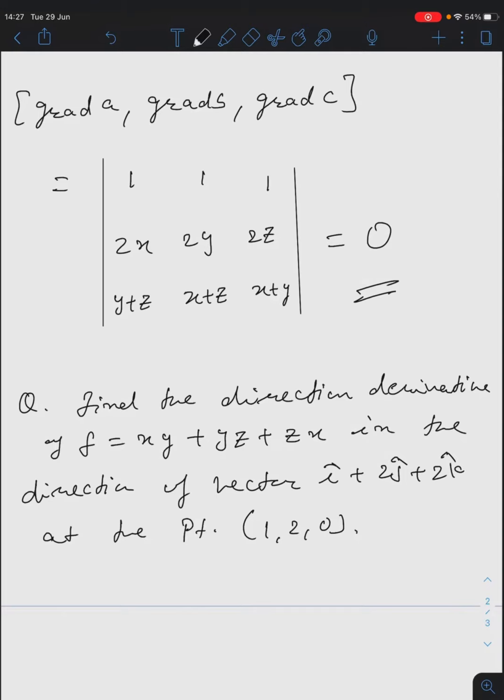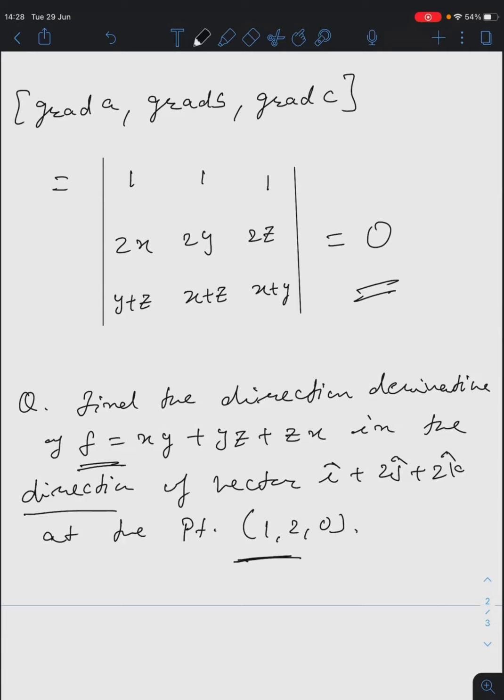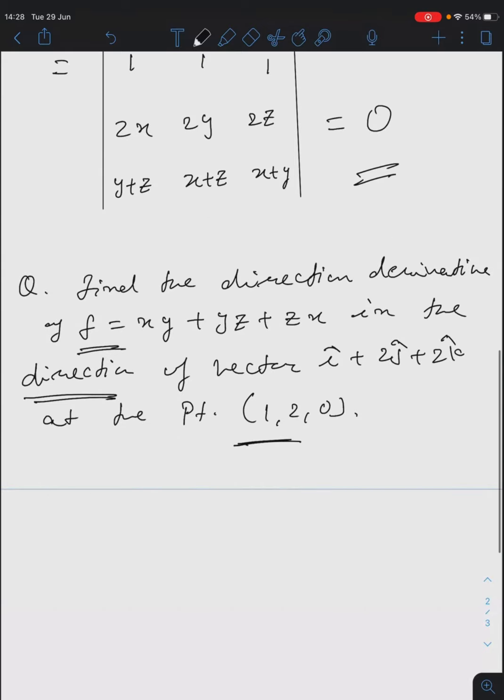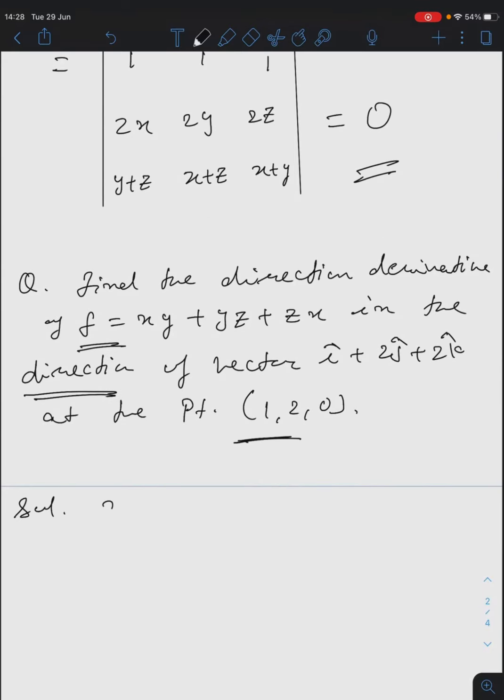Okay. So what do you mean by directional derivative? Directional derivative of a scalar point function at a point in the direction of the unit vector is given by what? It is given by the unit vector e bar dot gradient of phi. Is it or not? Gradient of that given function. So this is the given function whose directional derivative needs to be calculated at this point in the direction of this vector. So for this you will need gradient of f. So first calculate gradient of f and tell me the answer.